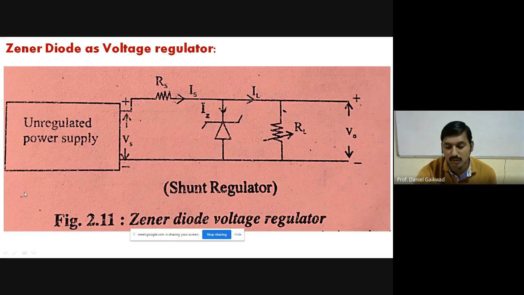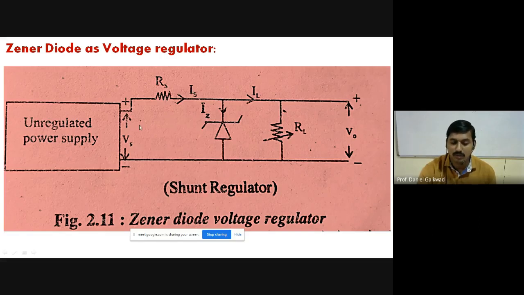Suppose we consider an example. Suppose here Is is 7 ampere current, and here we have IL equal to suppose 5 ampere current. So the IL of 5 ampere should remain constant, and for that we have set these values as a fixed value. This is suppose 5, and this is suppose 7, and here is suppose 2. So Is 7 is equal to 5 plus 2.